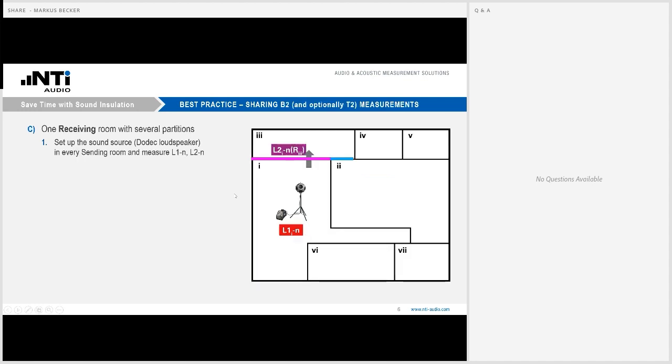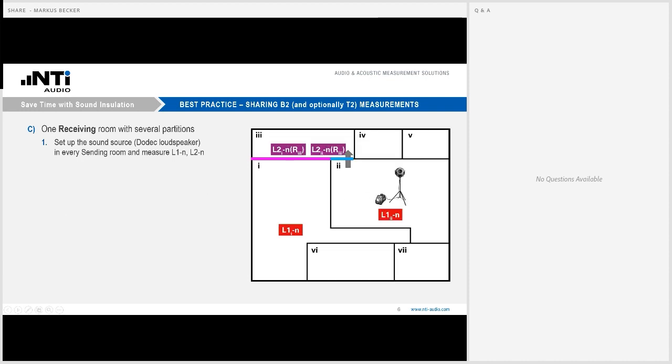Another example would be if we have one receiving room, the top one here, number 3, with two sending rooms because it has two partitions. So here we would start the same way as we did just before with the sound level in the sending room plus the sound level in the receiving room.